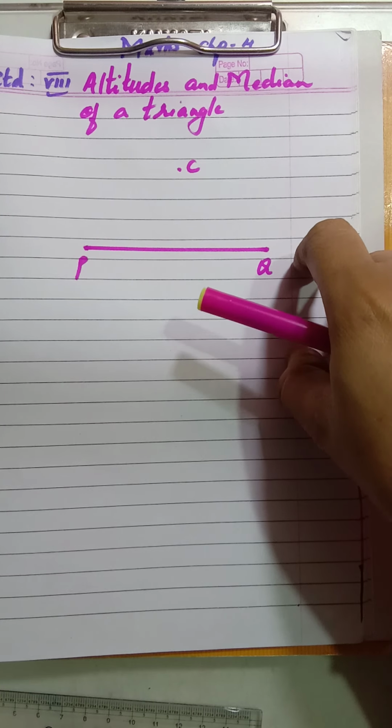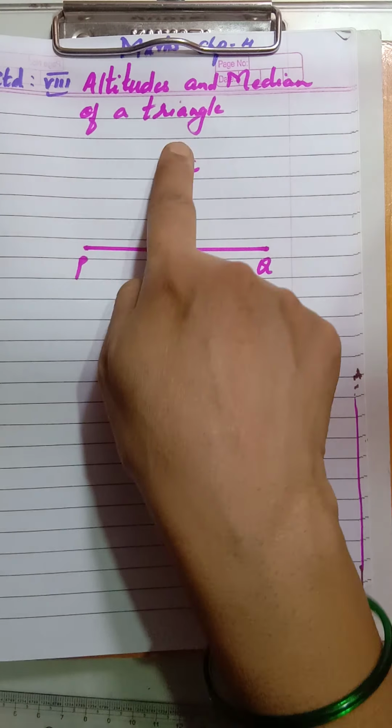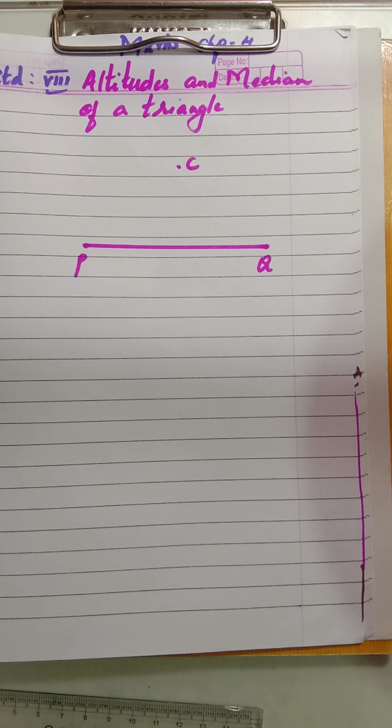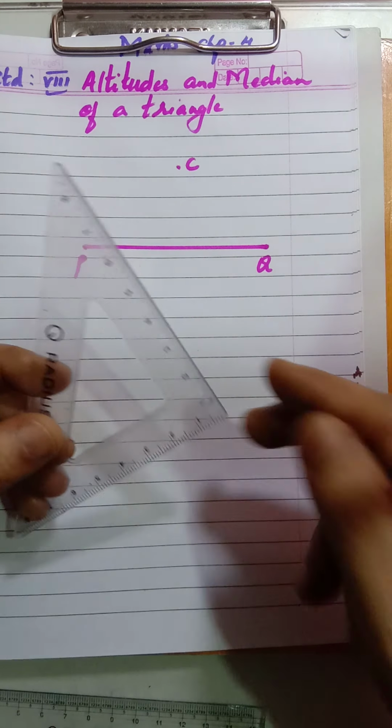Now if I am taking a point C outside this line segment and we are asked to draw a perpendicular passing through this point C, then see children, there are two ways. You can draw with the help of a rounder, by taking more than half. We have learned to draw perpendicular bisector with the help of a rounder by taking more than half, right? Or with a simple scale you can draw. But now in this chapter there is one more way in which you can draw the perpendicular, that is by using the set square which is there in your geometrical box.